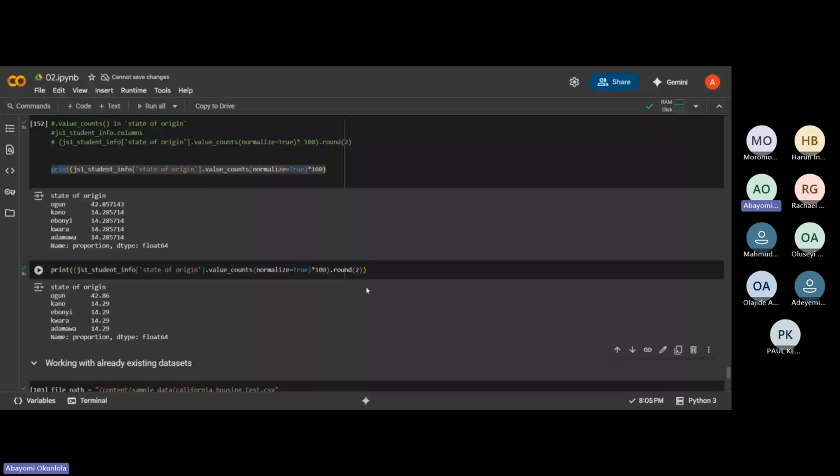Now you can see from here we have 42.85. Now this has ended up at 2 decimal places. Now 42.86. Then this is 14.29. If I say, give me 4 decimal places, that is what I have, 8571, like a 4-figure table.